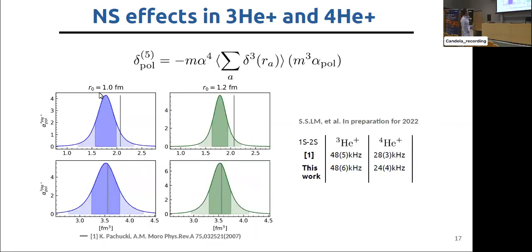So finally, this is the last slide. We move on to a slightly different topic, because so far we have talked about muonic atoms, but in view of the planned experiments in ordinary hydrogen-like helium atoms, what we have done is reassess the uncertainties coming from the nuclear polarizability terms